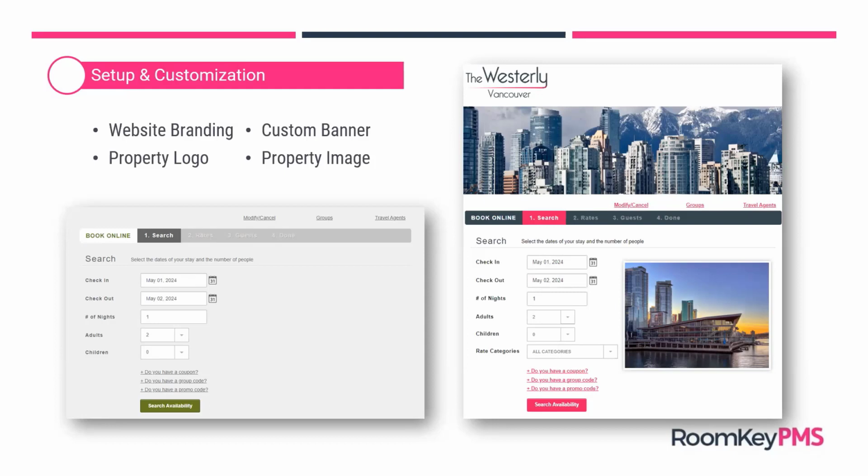We customize this branding. This is very basic customization that we do for all of our properties that are using eRes that is directly connected to RoomKey. Now we can go further and add further customization. If you'd like to see more information about the different things that can be customized on subsequent pages, like the rates page or guest page, or some of the custom messaging, you can find that information on our support